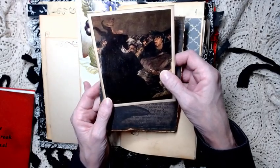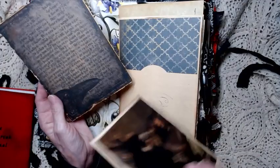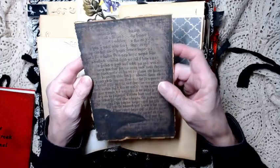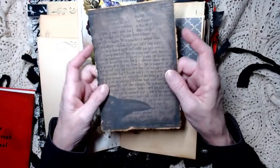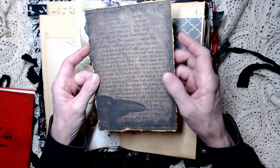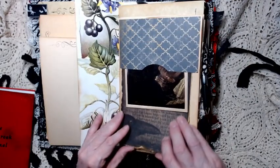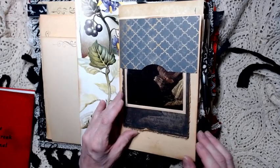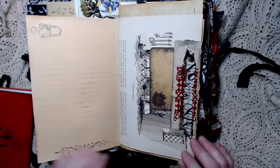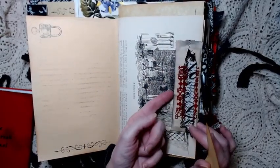Oh, sorry about the glare. And it's from an art book. And then the back is some really nice paper for you to journal on. This page is a journaling card that I made from a print and I've had this kit for like 10 years and I couldn't tell you where it's from. I tried to search for these pictures online on Etsy because that's where I got it, but I couldn't find it. So this is a page from an old colonial living book,